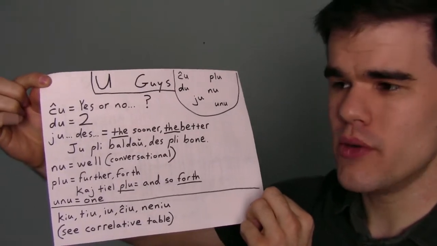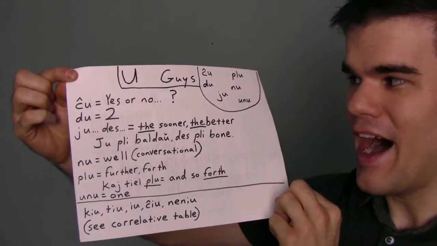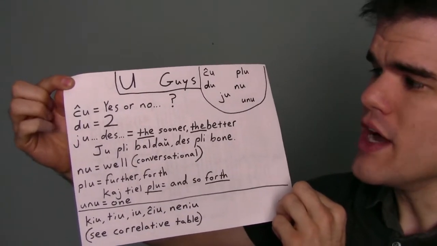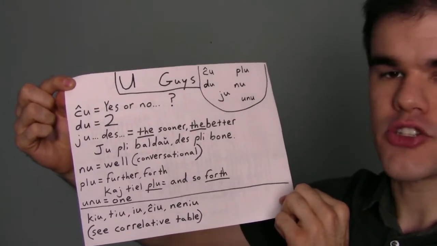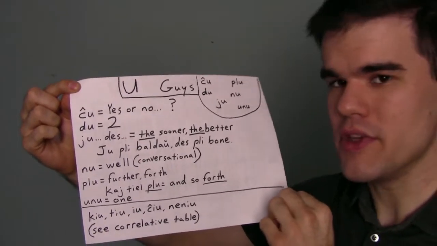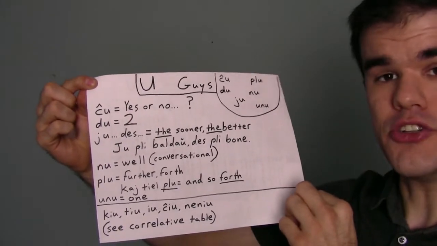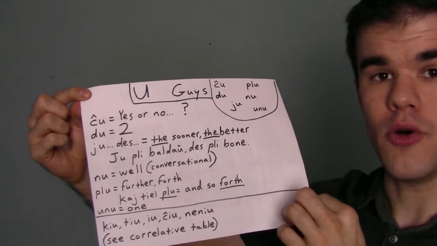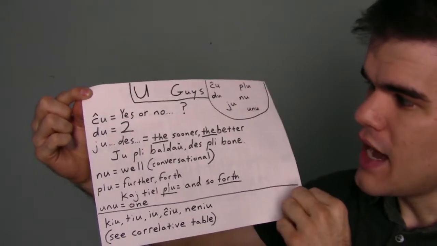Chu, I talk about this one at length in a different video, the choo-choo train in Esperanto, where I talk about all the ch words. But in a nutshell, chu means, most of the time, that we are introducing a yes or no question, okay? Instead of saying, do you love me, you'd say, chu vi amas min. Chu is like saying yes or no, the rest of the sentence. So, yes or no, you love me. Right? That's like saying chu vi amas min.